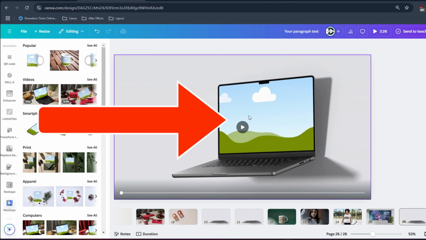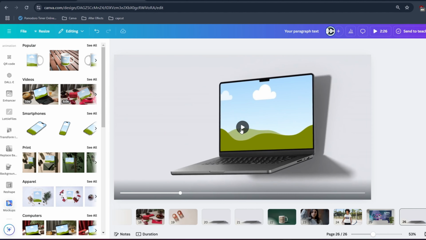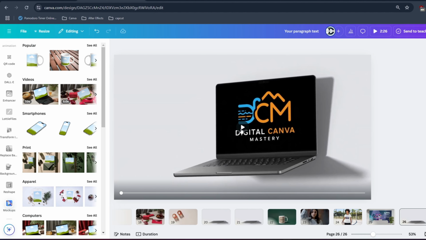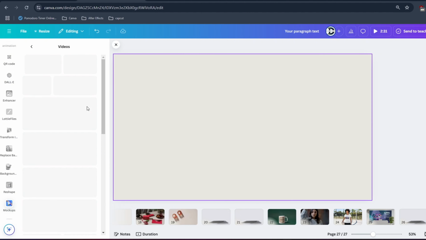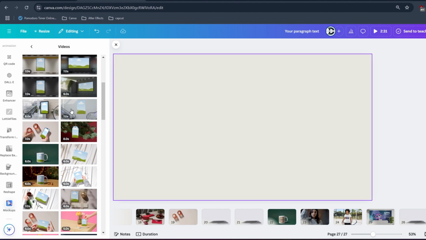What you need to do is drag the image into the frame. It will take some time to load. Now you simply need to click on the play button. Let me show you one more time. Let me select this